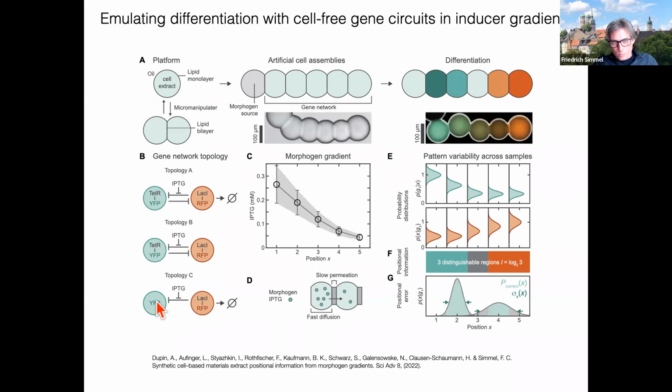When you perform this experiment with this topology or this topology, then indeed you get something like what you expect. You have a blue droplet next to the morphogen source, and you get red droplets here and something intermediate here. So that was not unexpected, but the real question that we wanted to ask in the context of